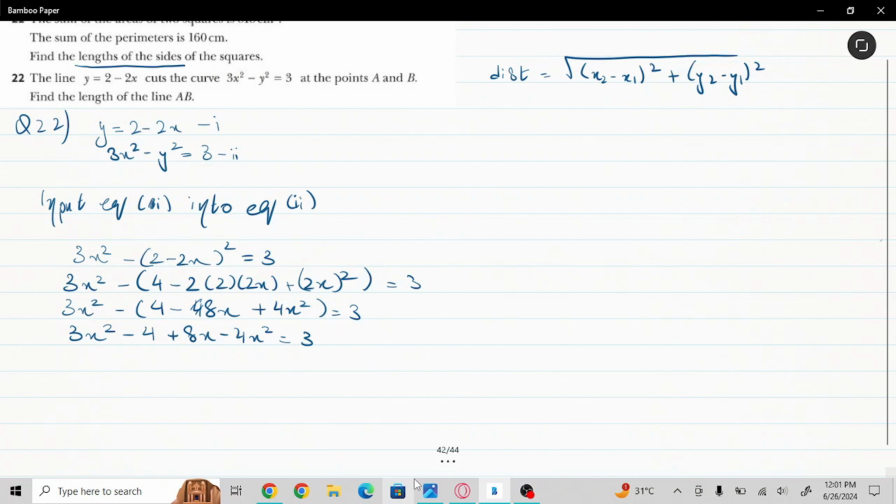So we're going to simplify 3x squared minus 4x squared, which is minus x squared, plus 8x minus 4 minus 3 is equal to 0. Now we get minus x squared plus 8x minus 7 is equal to 0. Switch the negative sign so that we have a positive squared coefficient: x squared minus 8x plus 7